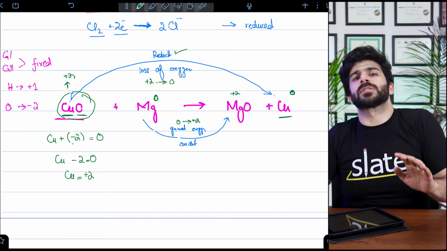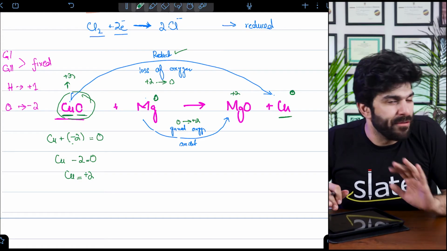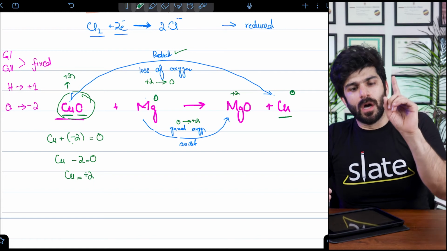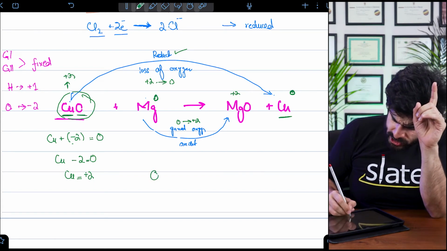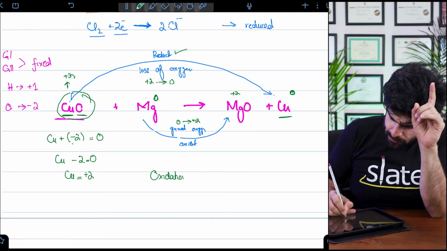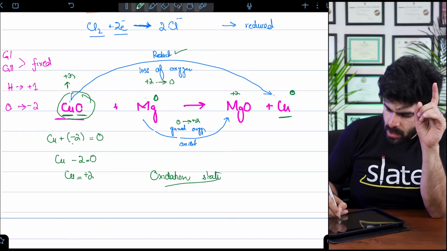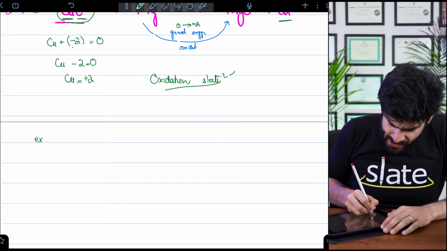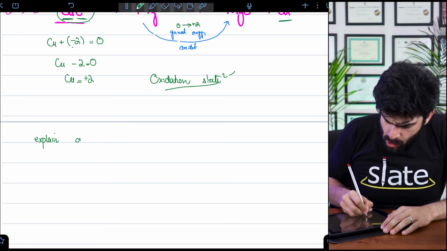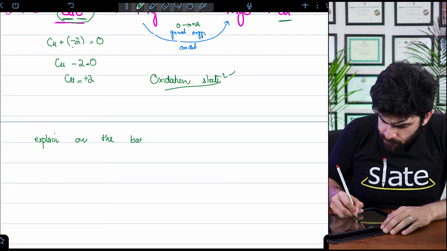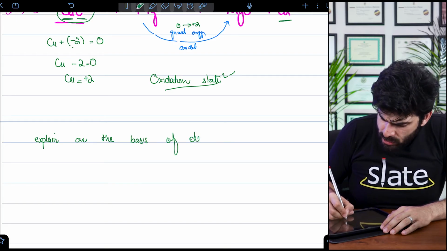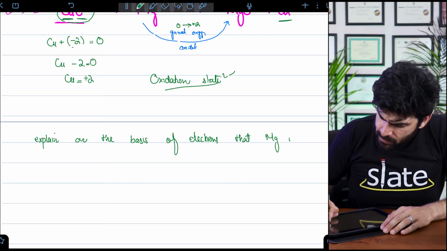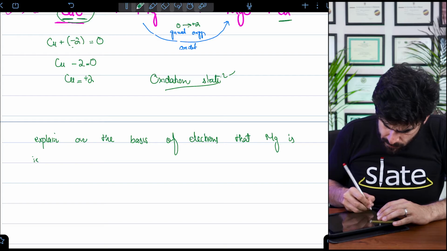And if the examiner asks you to talk about the oxidation or reduction, students, preferably you will talk about the oxidation number or oxidation state. That's what you have to talk about. But if they say, explain on the basis of electrons that magnesium is oxidized,